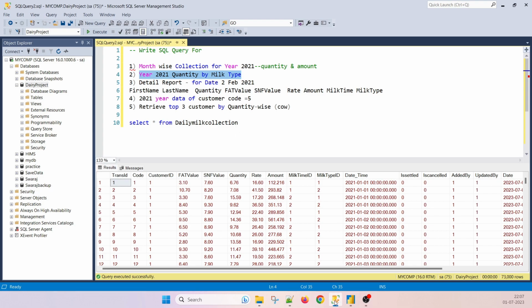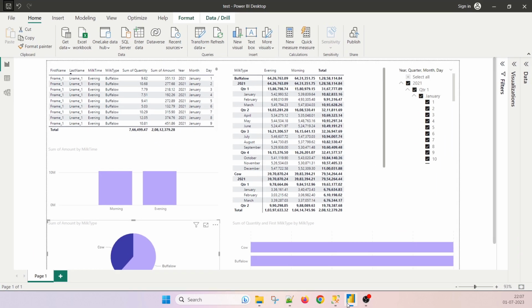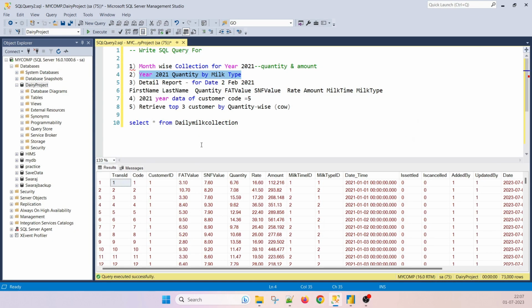And one more thing, at the end we will see a Power BI report, so that you will get some idea about Power BI: how to connect to the SQL server, then how to call that particular dataset, means how to retrieve the dataset in Power BI, and based on that, create the report. Okay, then first of all,